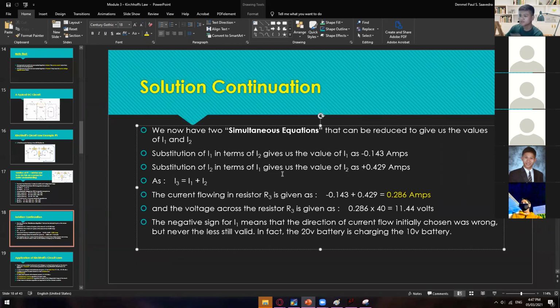So from here, we can actually already solve the I sub 3 just by putting the values of your I sub 1 and I sub 2 from the first equation that we have a while ago. So I sub 3 is equal to I sub 1 plus I sub 2. So negative 0.143 plus 0.429 is equal to 0.286. Okay, so this is the value of your I sub 3. And then from there, you can now get the value of your R sub 3. Okay, so V is equal to I times R. So 0.286